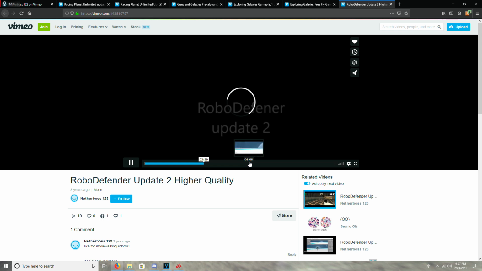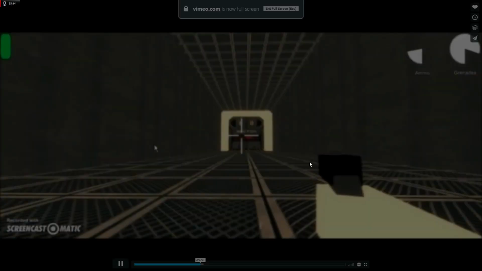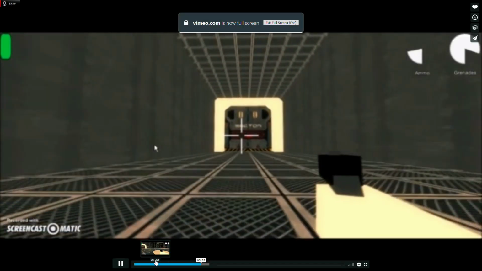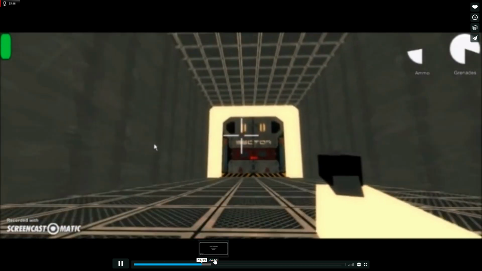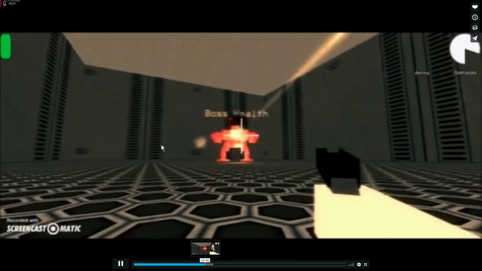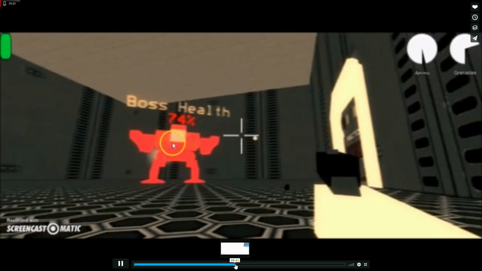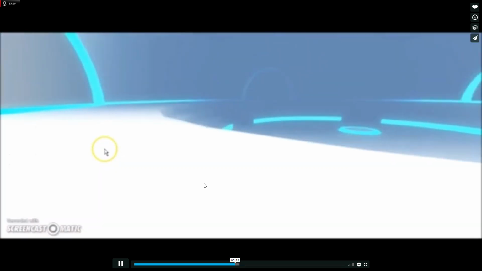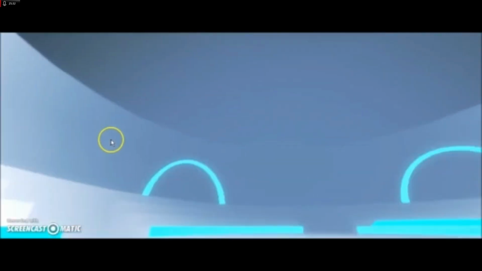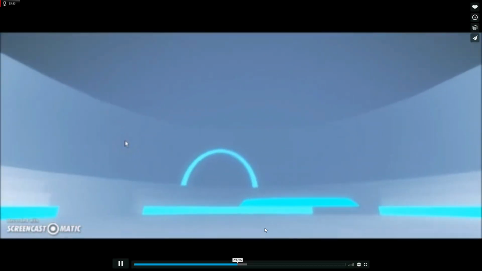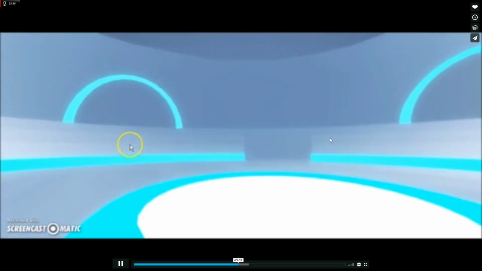Oh wait, I think this is literally just the same video. Oh no, this isn't. Okay, this is update 2. So I think I went through pretty much the same thing in the beginning. I don't think I changed anything. I made a hub world, which did look pretty bad. It was supposed to be like some underwater thing. I don't know what I was really going for. That's floating in the air.